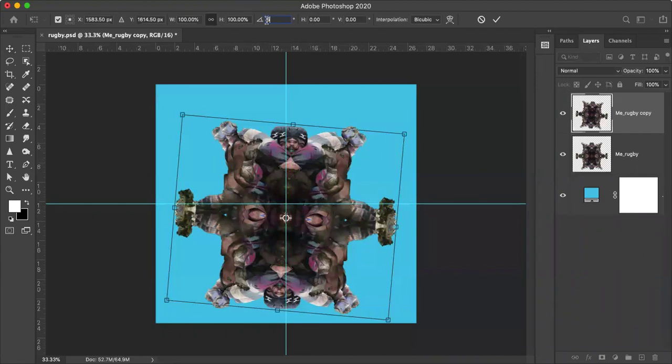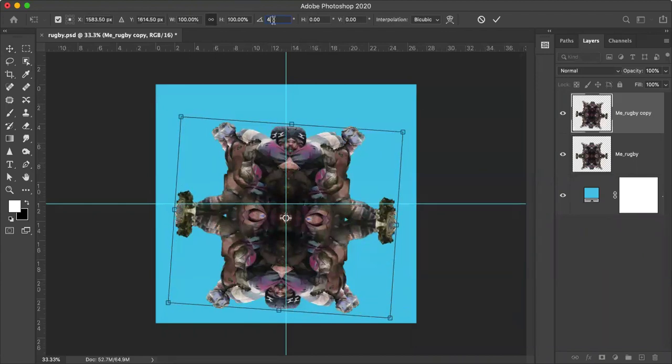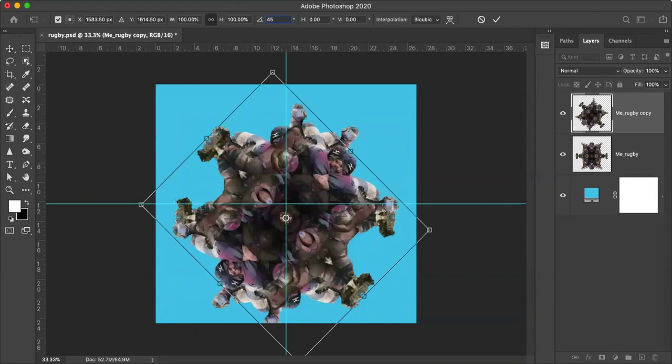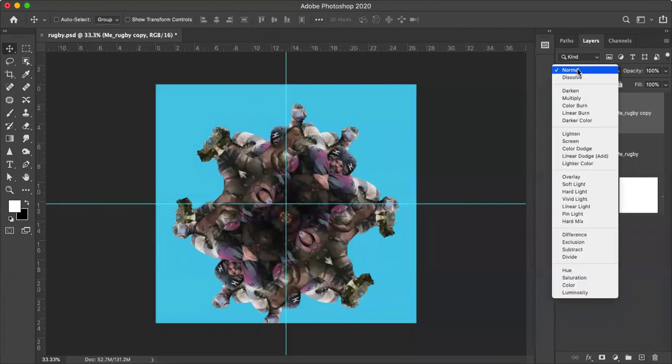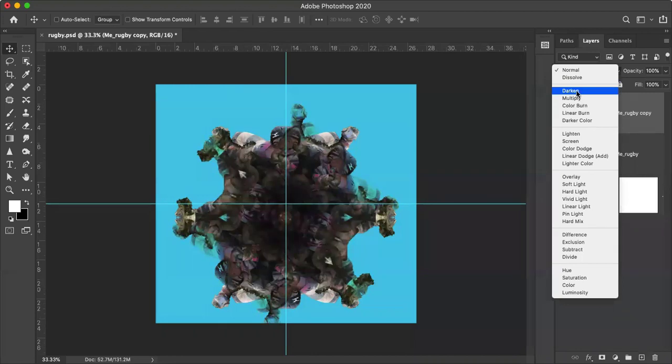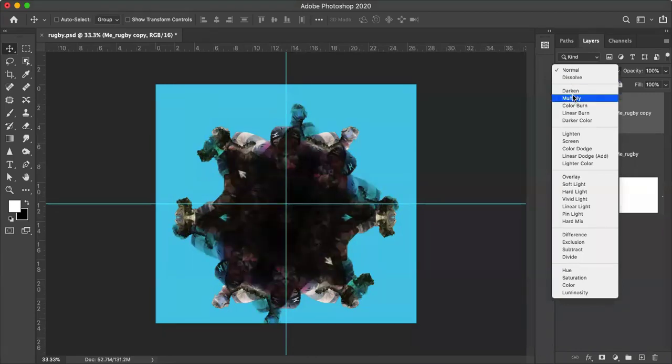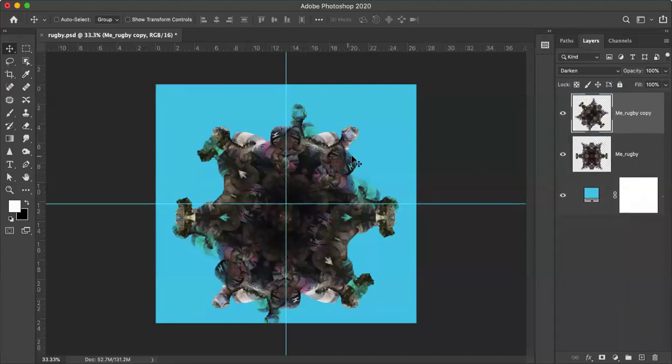Whoops, not 5. 45. I can go okay with that. Darken. Now you can see that darkening it is going to start to